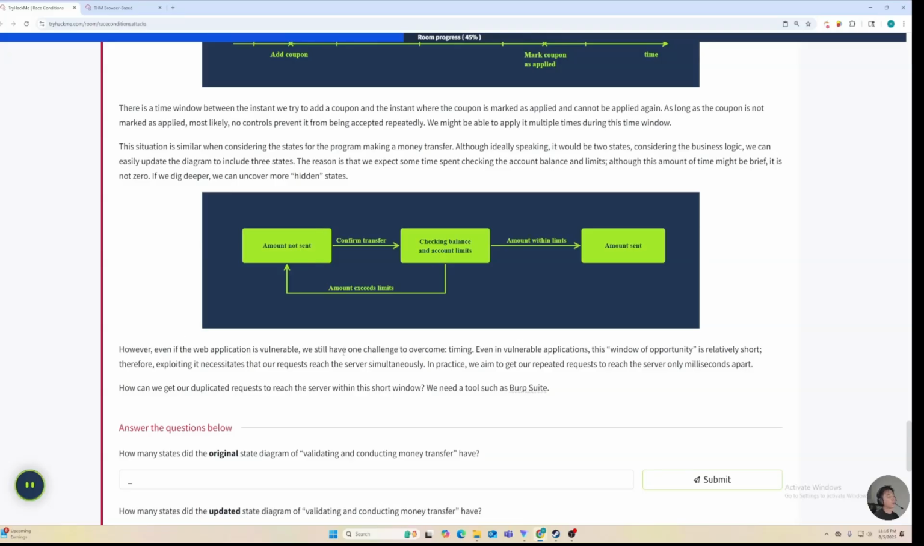However, even if the web application is vulnerable, we still have one challenge to overcome: timing. Even if the application is vulnerable, this window of opportunity is relatively short. Therefore, exploiting it necessitates